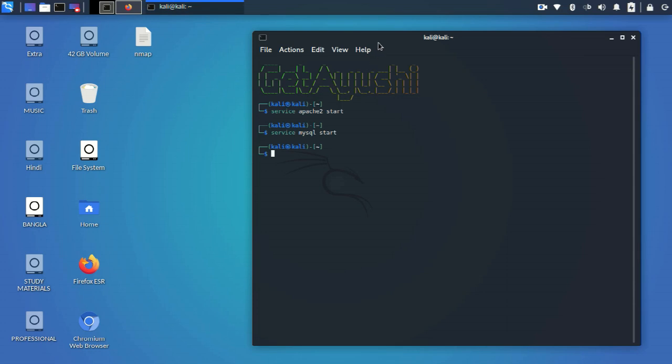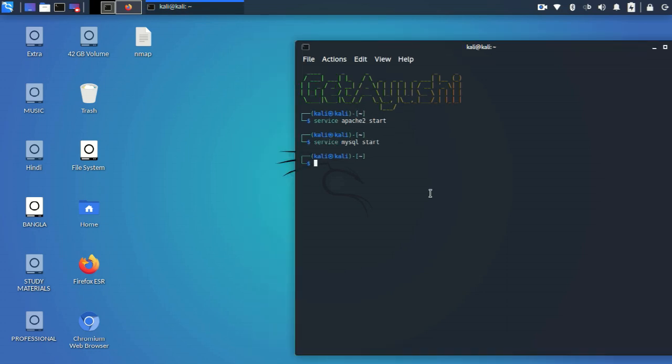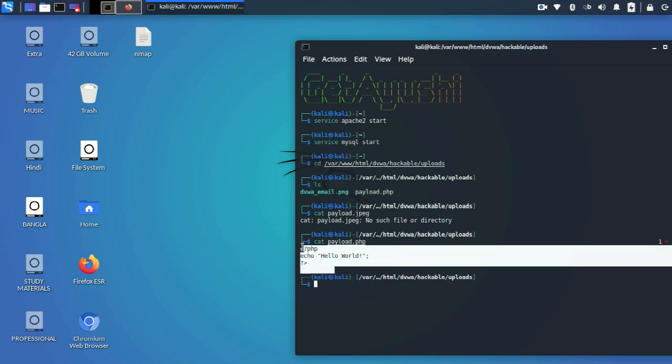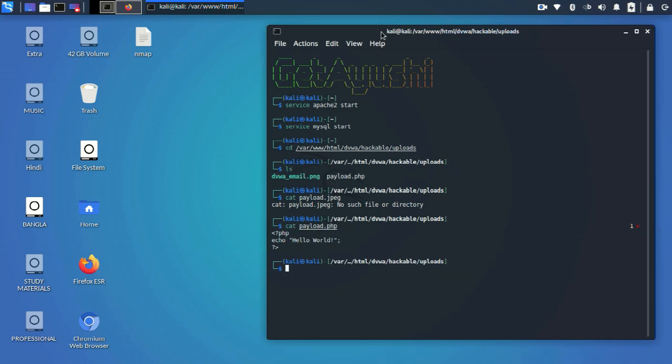This was the file that was uploaded. You see the contents of this file. Sorry, this is the contents of this file. Okay, this is a PHP file. Okay, let me delete the file. Now again, what I'll do,